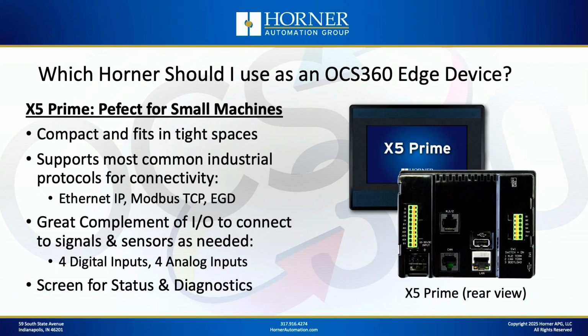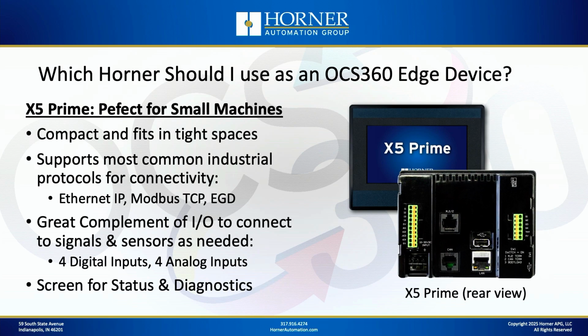It supports all the most common industrial protocols, so whether it's Ethernet IP or Modbus TCP, those are all built in. And it has a nice small complement of I/O built right into it that you could use to tap into some existing machine signals. So it's got that nice package of being able to fit just about anywhere to add that OCS360 capability to